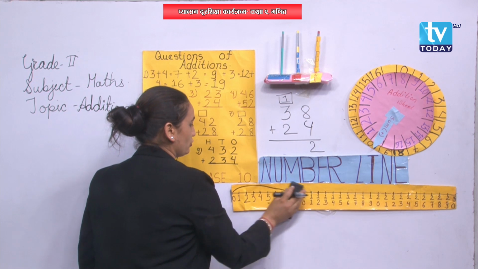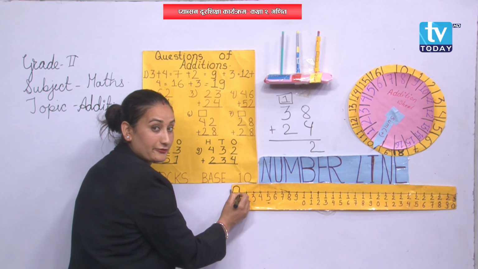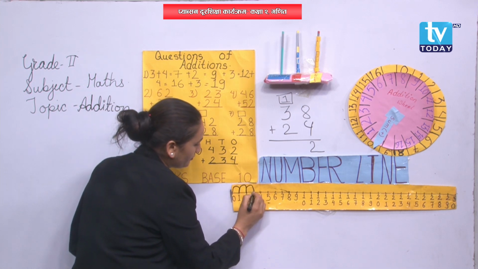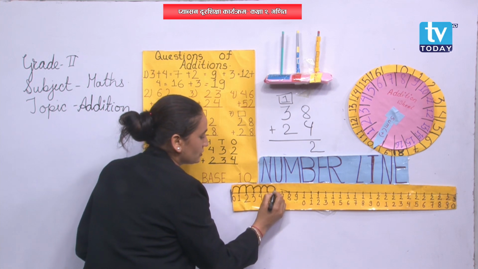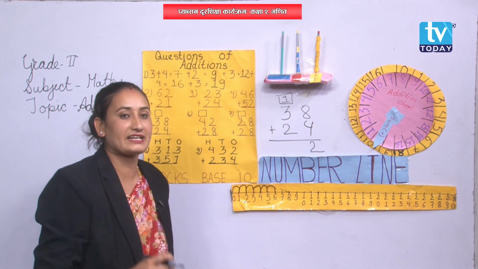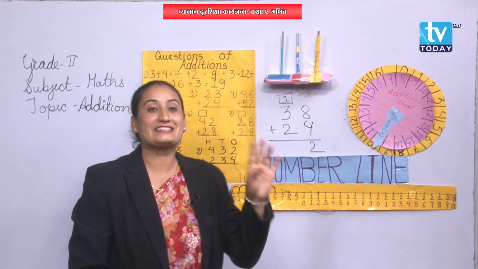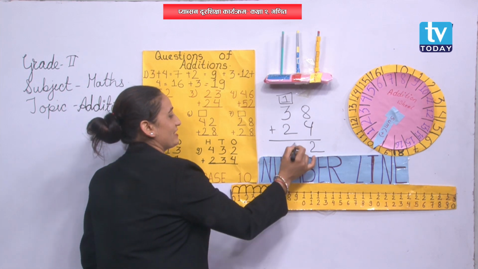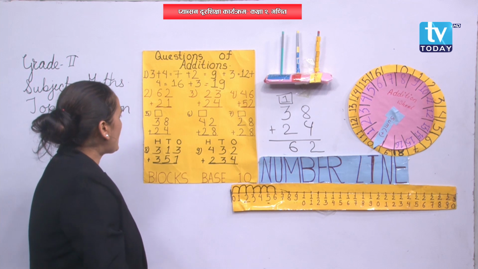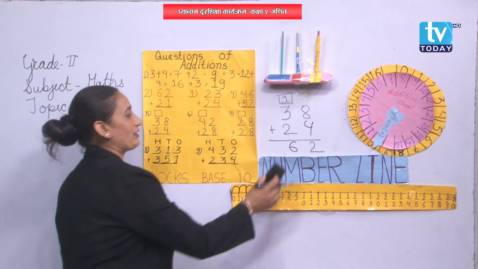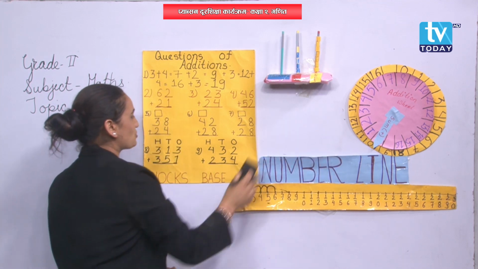Once again we need to do. I need to jump 1 time. Then after 3 times. 1, 2, 3. Then after again 2. Altogether how many times I have jumped over here? Oh, it's 6 times. So write down here 6. Done? Good. Now, same like this, we have to do the next question. So what is the next question?